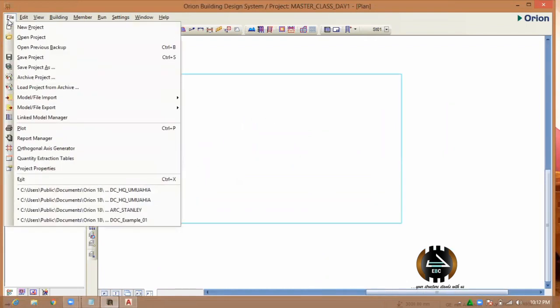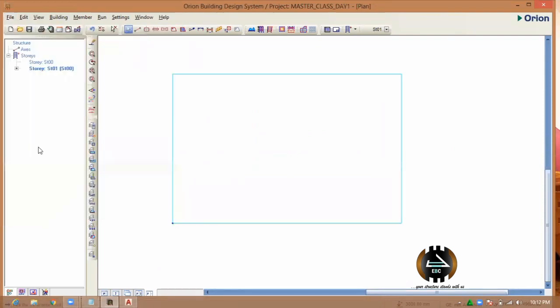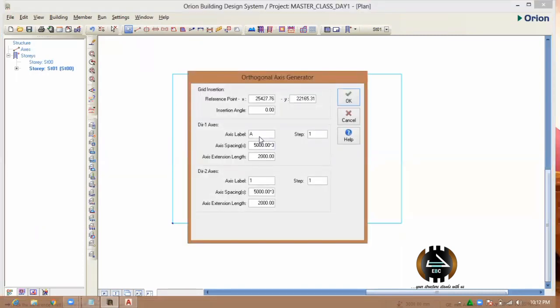So you go to file, orthogonal axis generator. You look at this now, orthogonal axis generator. So I click on orthogonal axis generator. I'll click inside here. This one comes up. Remember, I made this extension by 3 meters, and I made this extension by 3 meters. That is to say, after the first point, the offset is just like when you're doing a setting out of building. The offset, you have that 1 meter offset when you're doing your